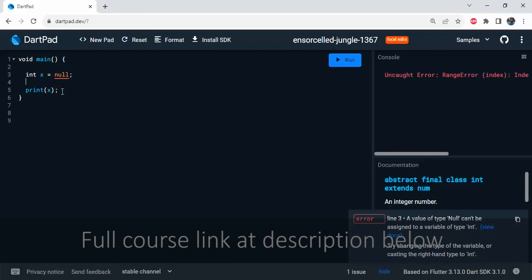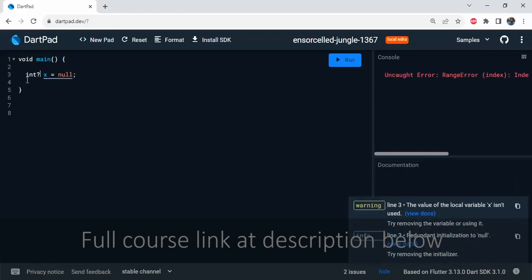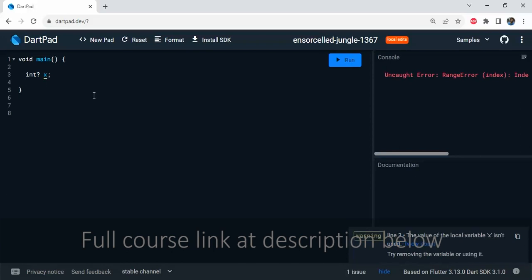So there is a workaround. If you really want to assign null to a variable, all you can do is put a question mark sign just after the data type, and then you can assign null. So it is not an error, it is saying something like an information. It says the redundant initialization to null. That means I don't have to assign null explicitly, because Dart will actually treat this x variable as nullable,